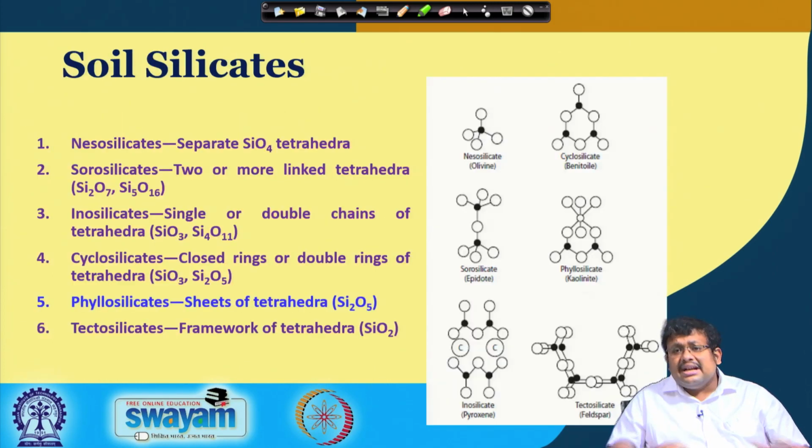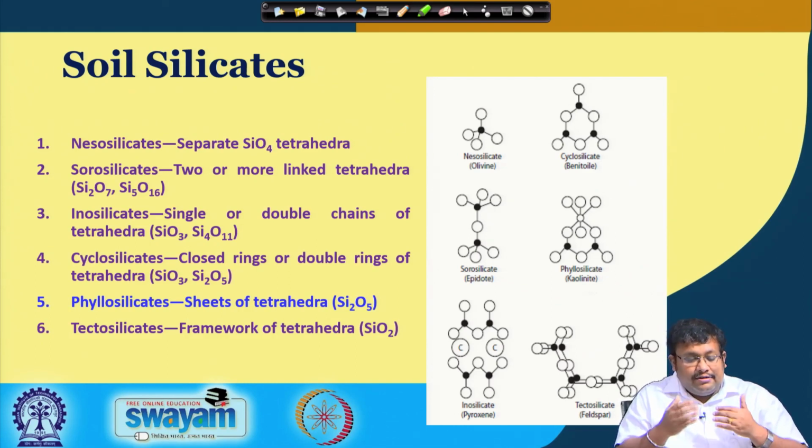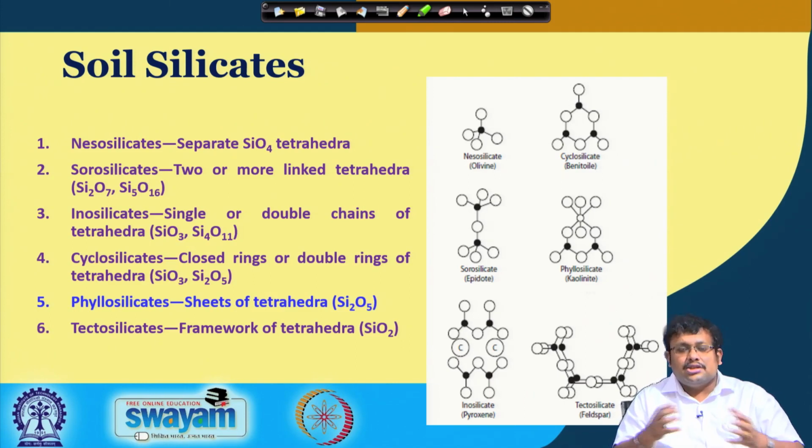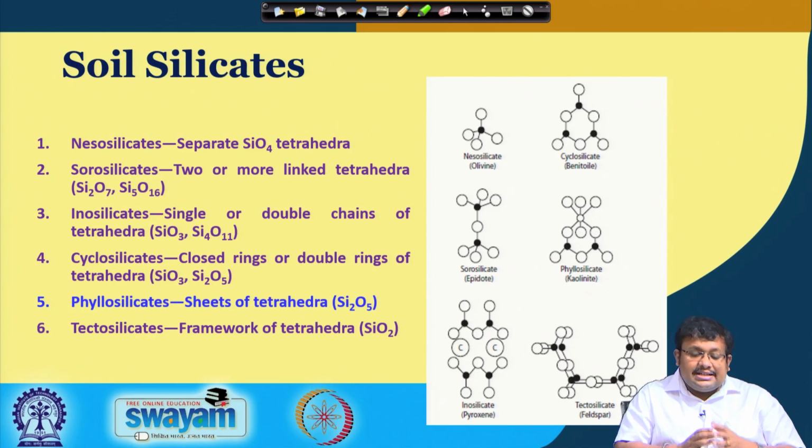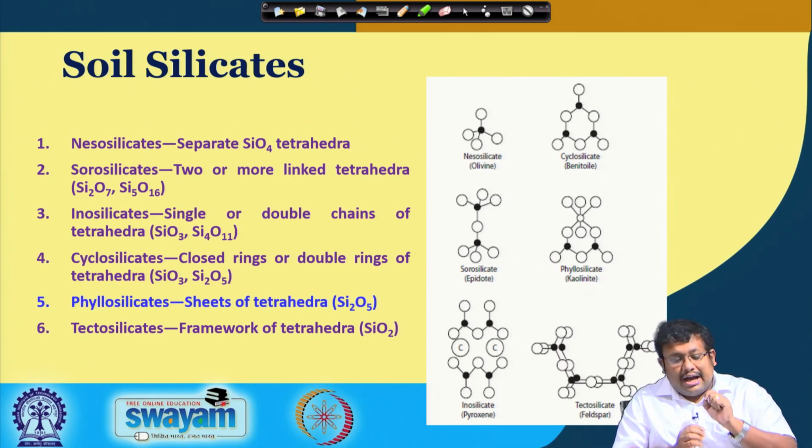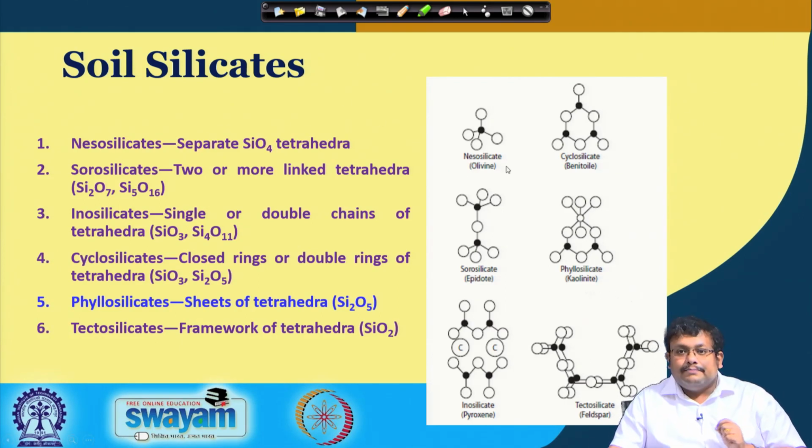So, guys, we have already covered all 5 rules of Pauling, and why we have discussed this will be more clear when we discuss the structure of clay minerals. Before describing the structure of the clay minerals, it is important that we discuss the soil silicates. There are different types of structure which you can see if we classify the soil silicates. First of all, the nesosilicates, which is basically built by single separate silica tetrahedra. One example, as you can see, is olivine.